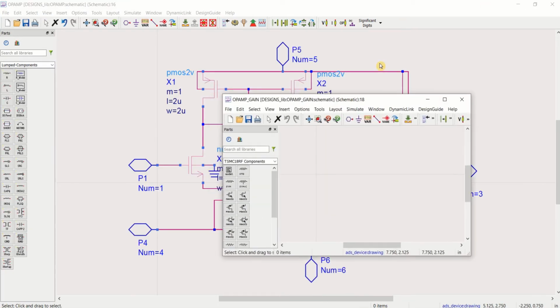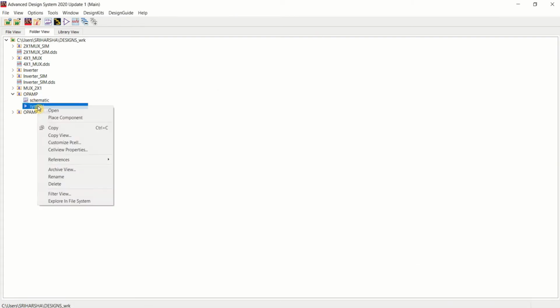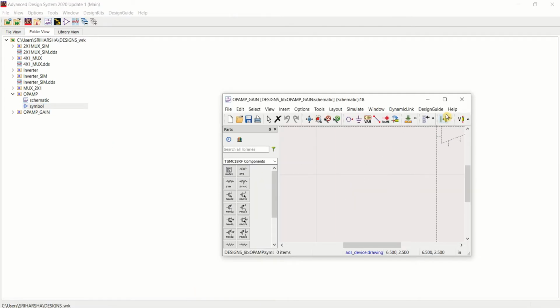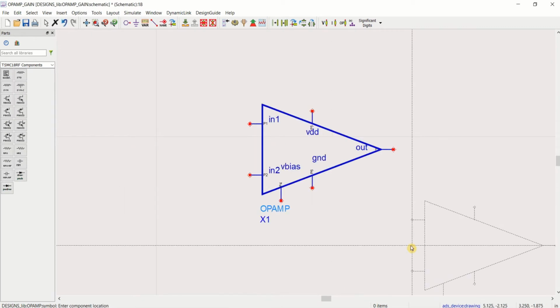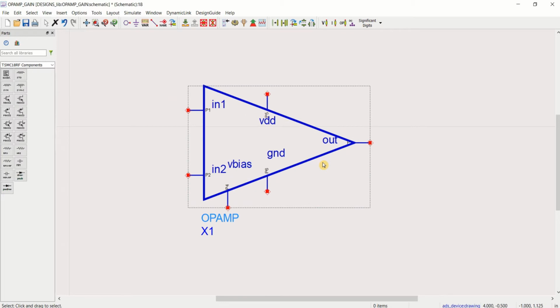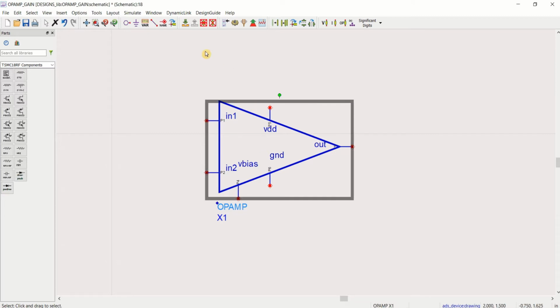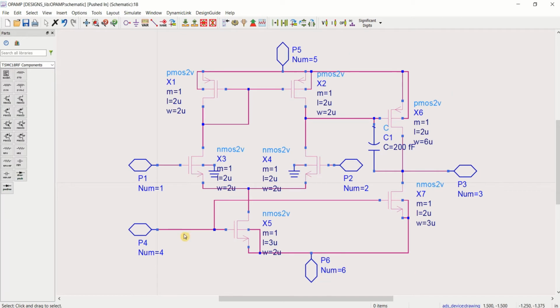Since you have already created the symbol, you can just right click on it and place the component so that it is enabled in the work area. To see the schematic, select this symbol, push into the hierarchy. You can see the entire schematic view of the op amp. If you want to come out of this, use pop out.